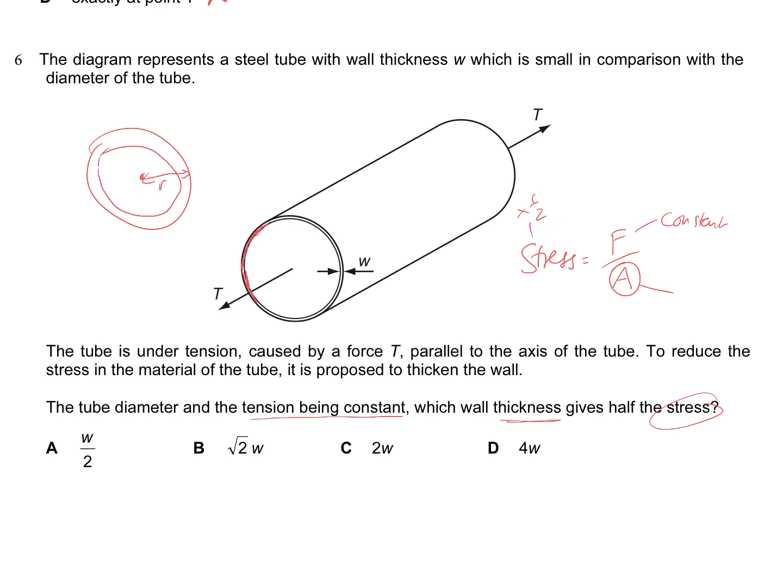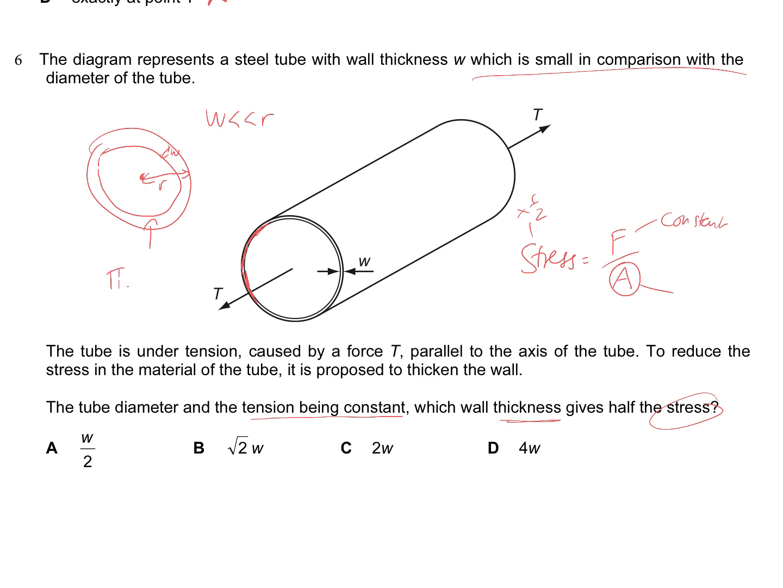This here is the radius, and thickness is W, but we know that W is a lot smaller than the radius. The radius is way, way bigger, which tells you up there. Now, if we want to work out the area of this, well, it's going to be